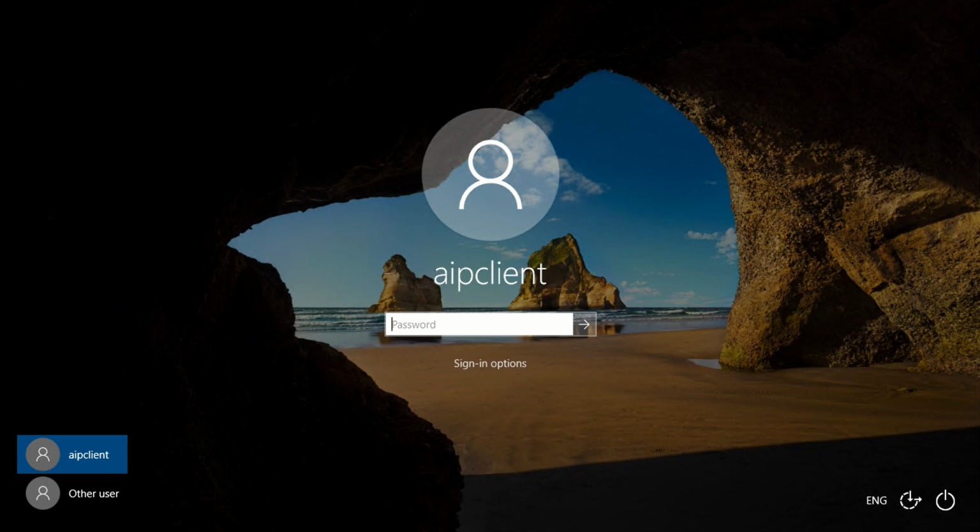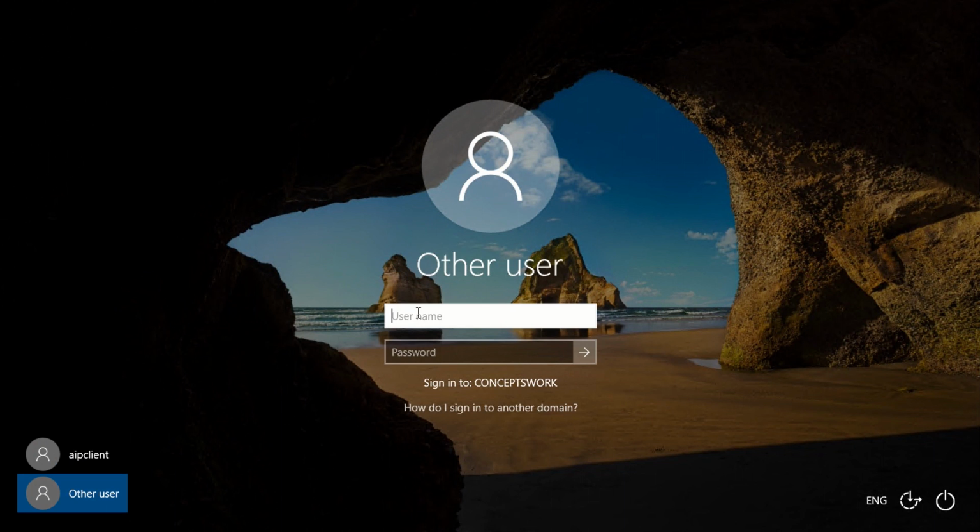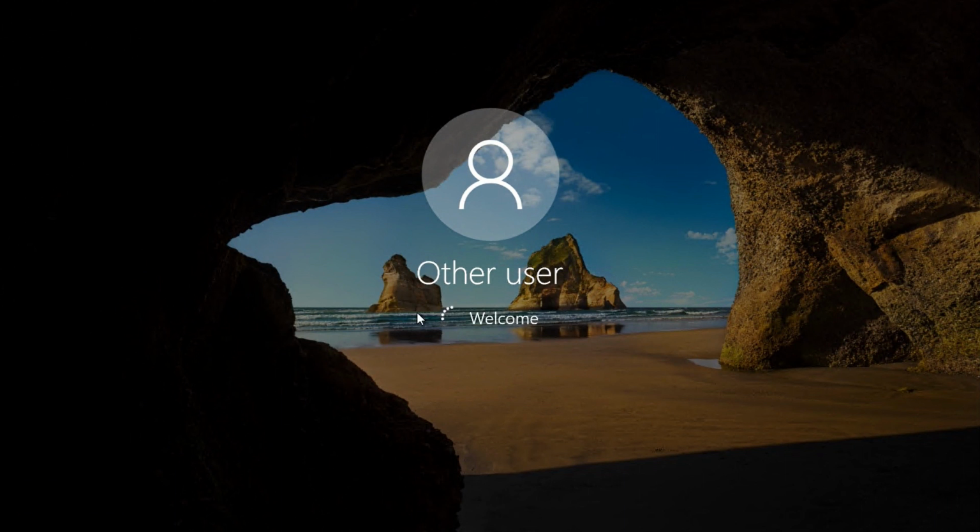So now, as you can see, my machine is domain joined, and I'm getting an option to sign in with other user. I'm going to sign in with my on-prem account so that the PRT should be available on my machine. And that is something we will be checking with the command output of dsregcmd